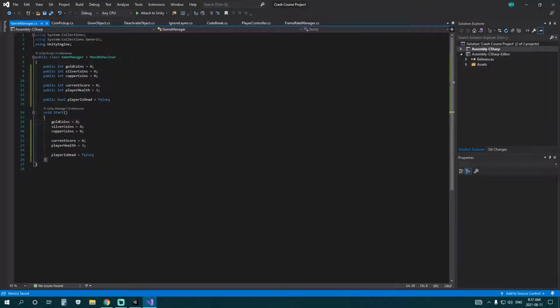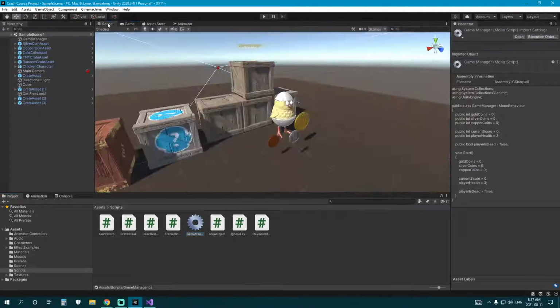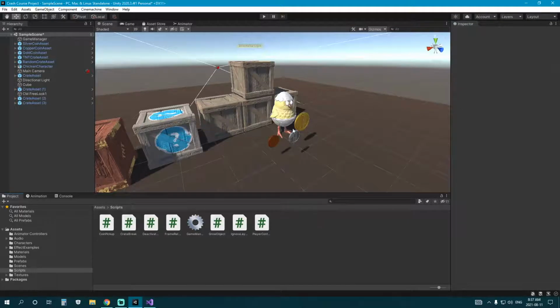So we won't use much of this just yet, but we will start adding our coins and see how they can display. So for now, just make sure we're not maximizing on play. Let's select our game manager, drag in this script. Okay, so now on our coin script,